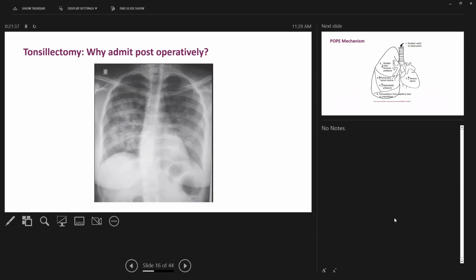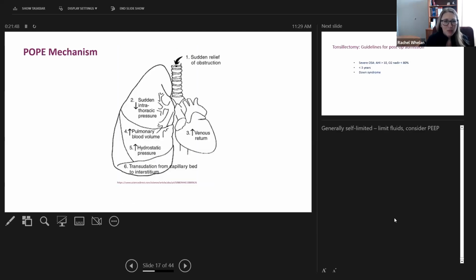Post-obstructive pulmonary edema. Yay! Yeah, that's right. So the pulmonary people probably know a lot more about this than I do. But I can tell you, when we think about post-obstructive pulmonary edema, basically what happens is you have this site of obstruction at the level of the upper airway, and you take that obstruction away, and then all of a sudden